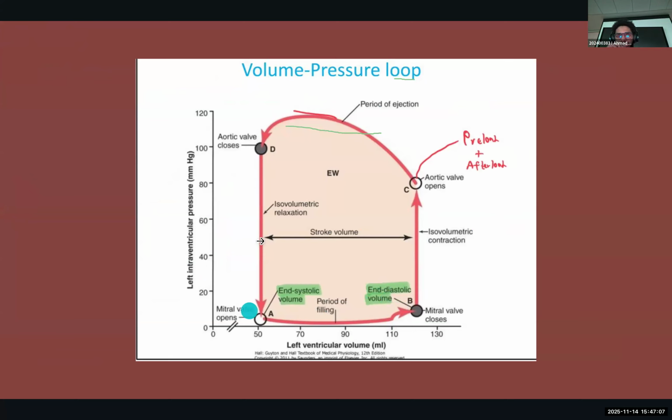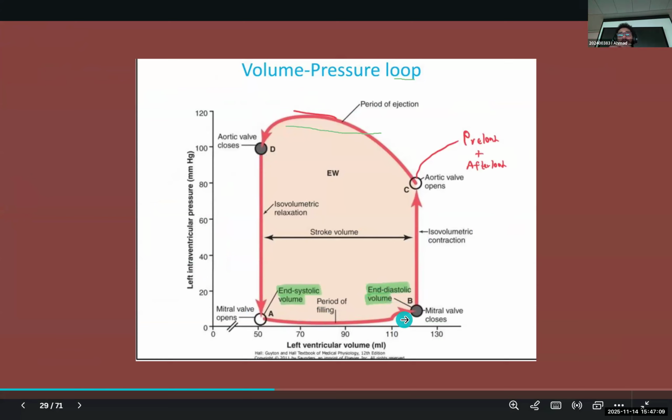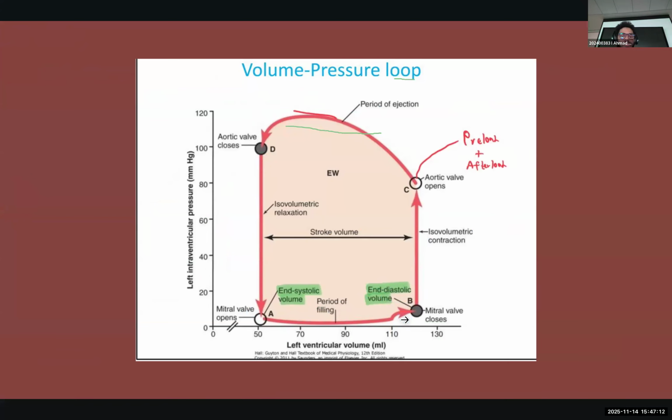So we don't need to focus on the pressure aspect of it, just the volume. Now, diastole, as you know, is relaxation. But at the end of relaxation, when the heart is relaxing and filling up with blood, the end volume that we get before the contraction, this is the preload value, is known as the end diastolic volume. So when the blood is passively filling into the heart, this is end diastolic volume, the maximum amount of volume that we get at the end of diastole, right before the heart starts contracting again.